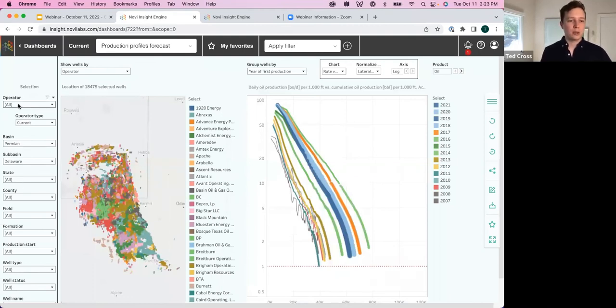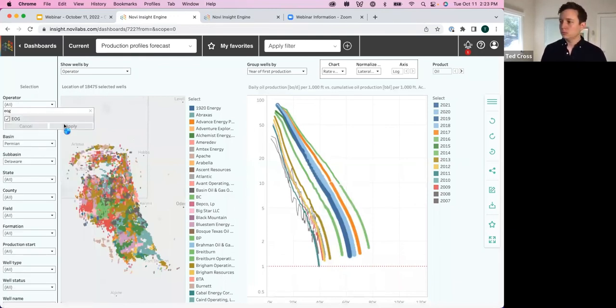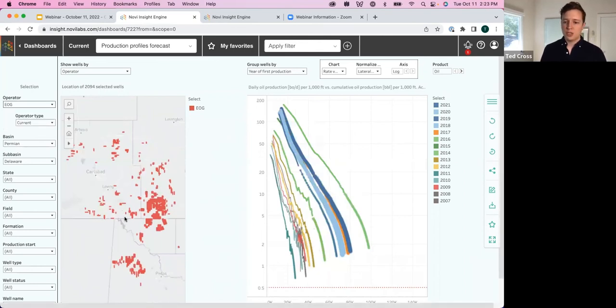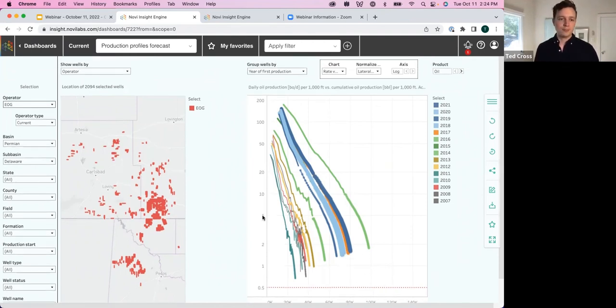And then again, let's go ahead and filter down to EOG. So we see EOG's sticks on the map, and then we see their production. So 2016 was looking amazing. The wells were fantastic, probably going to end up a little over 100 barrels a foot there. Whereas the 2020, 21, 22 wells are dropping quite a bit off of that. But you're no longer doing these giant parent wells with huge fracs. You're doing full development. You have parent-child relationships to deal with. So lots of things that operators are dealing with here.